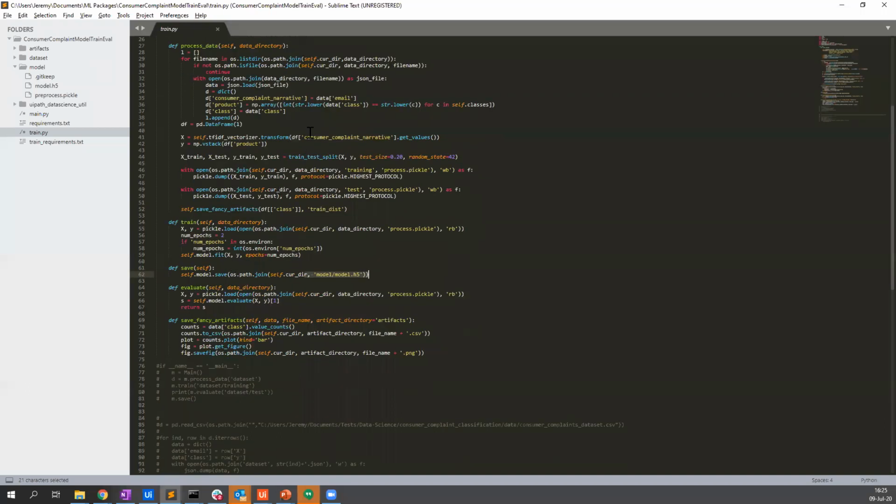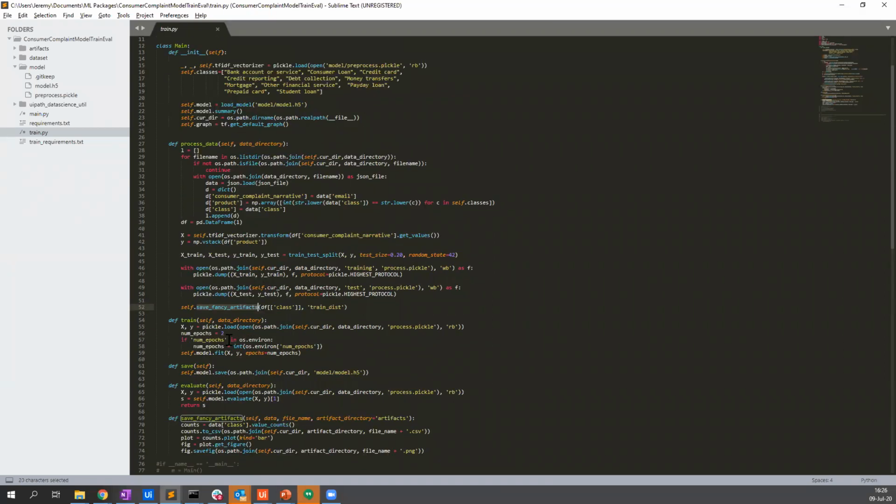The other function that you can have is process data. If you want to do something before training, like, let's say you don't have a training set and a test set, and you just want to split the data, you can do that in process data. After that, it can be as complicated or as easy as you want. If you want to save some artifacts, I talked about this before, but what I have here is just a function that will save some artifacts, in this case some histograms. If we train the model, we'll see these histograms, and that's pretty much it.